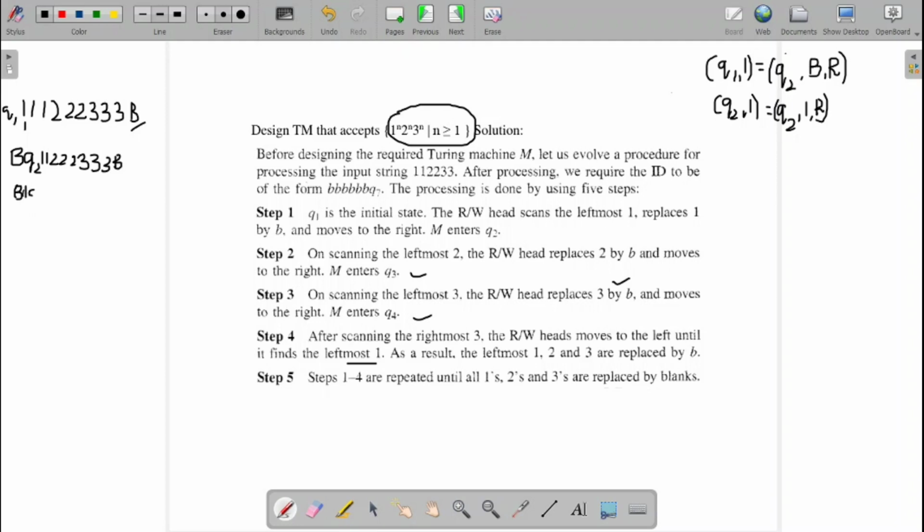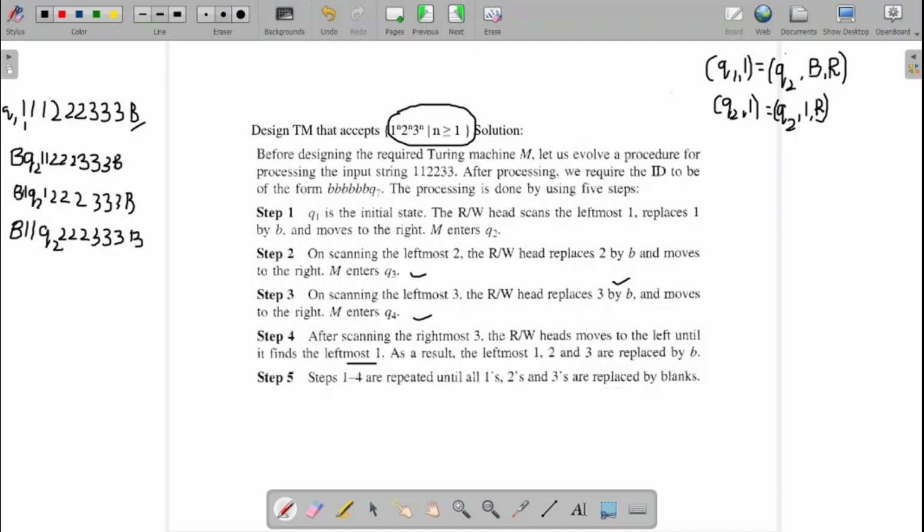So 1 will come here, Q2 will come here. The left out symbols are 1, 2, 2, 2, 3, 3, 3 and the blank. So now what do I have? Q2 on 1 again. Q2 on 1 is already defined. I need to make the right movement. Next, what will I get? A blank, 1, 1. Next is a Q2. The left out input is 2, 2, 2, 3, 3, 3 and the blank.